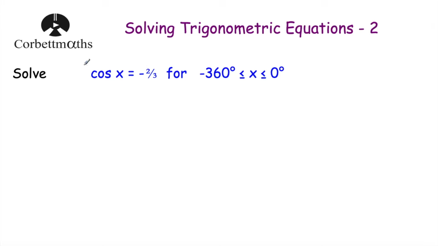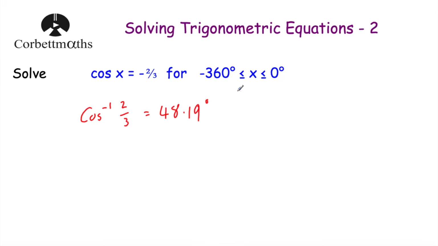Okay, let's have a look at our last question. Our last question, we've been asked to solve cos x equals negative 2/3 for values of x that are bigger than or equal to negative 360 degrees, but less than or equal to 0 degrees. Okay, so let's do the inverse cos of 2/3 to begin with. So 2/3. Remember, you just ignore the fact it's a negative. That'll just let you know what quadrant you're interested in. So if we do the inverse cos of 2/3, we get that's equal to